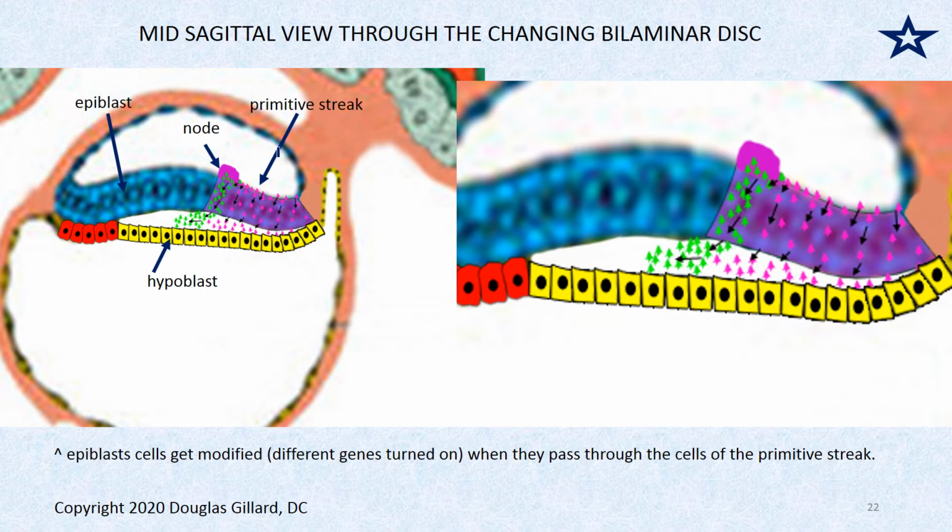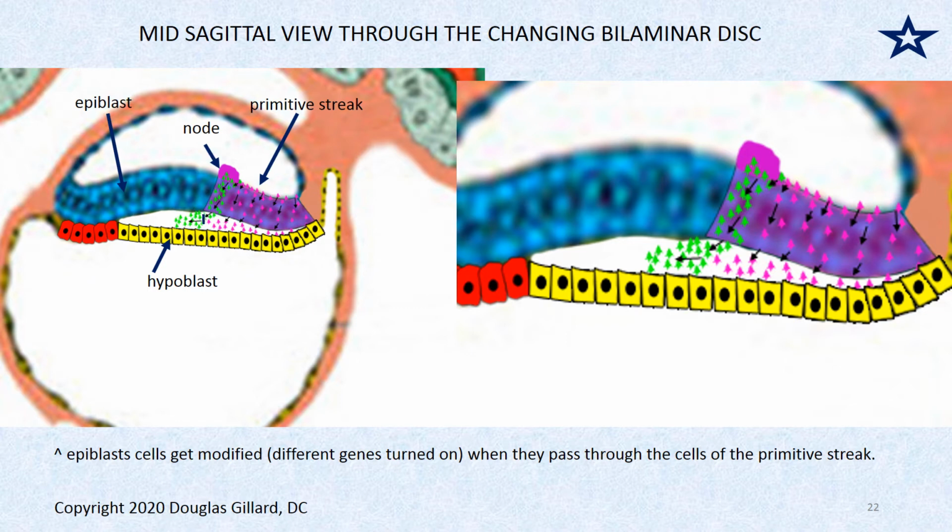And here's a good little picture of what's going on. So the streak and the node are already built, but we still have cells, and they're modified epiblast cells. We have to back up a minute and explain how they get loose. But they migrate right through the streak. They're told what to do, and then they take off in all directions. These green ones here are going straight forward. This first wave is going to create something called